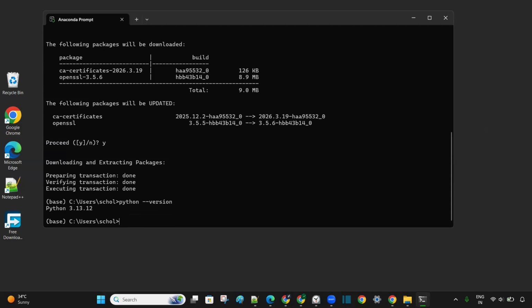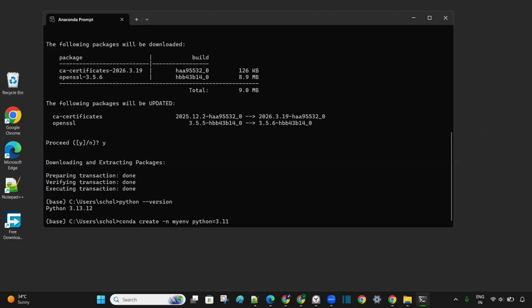So now we are going to create an environment. So to create an environment, type the command conda create -n, give the name of the environment, which I'll be giving as my env. So -n is for the name of the environment parameter. We are also installing Python in this environment, which we are creating. So type python=